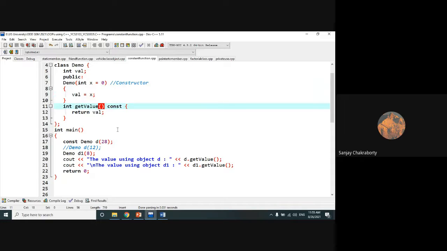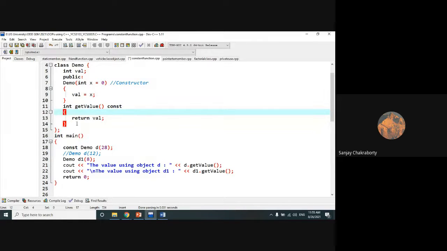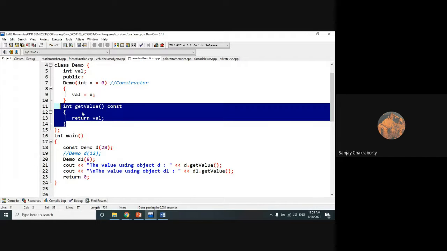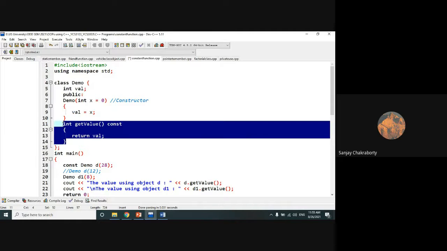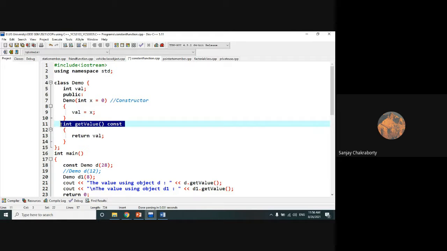We have defined a constructor here, and this is a normal method, which is defined as constant. The method definition I have done here, without declaration. I didn't do any declaration; you can do it or not, it's your choice. I directly did a constant type method definition. How can we define a method in such a way? Try to understand. The value which we have initialized within the constructor of demo.